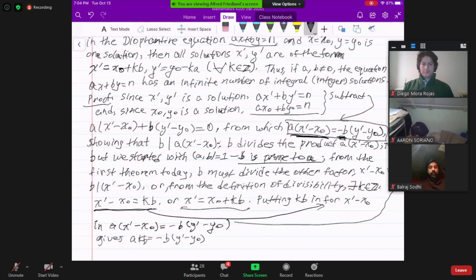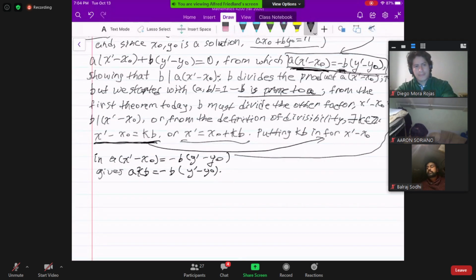Okay, so this up here becomes a, and then x prime minus x sub 0 is kb, and that equals negative b times y prime minus y sub 0. And now going back to